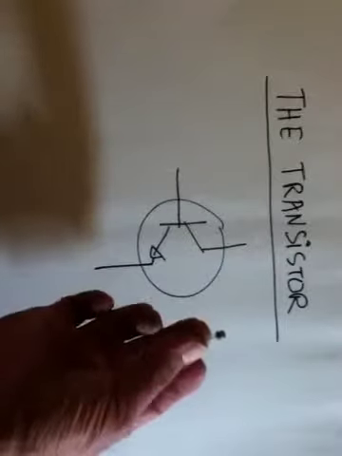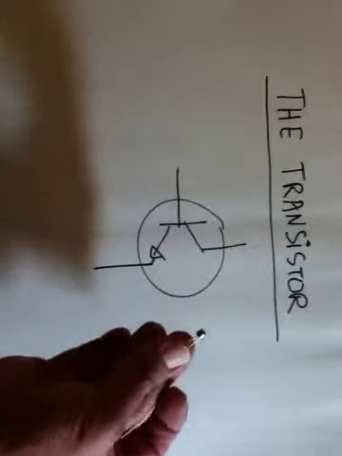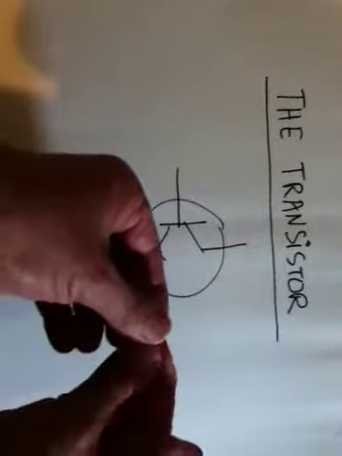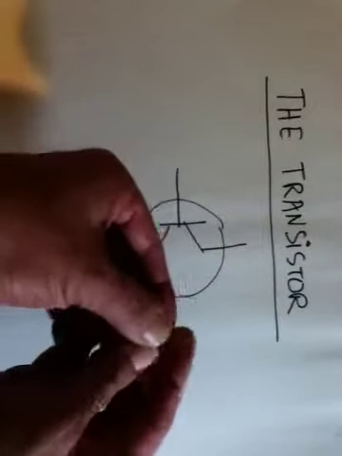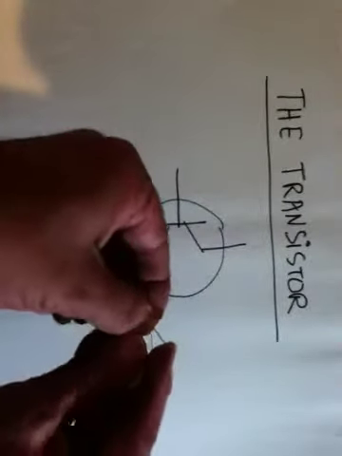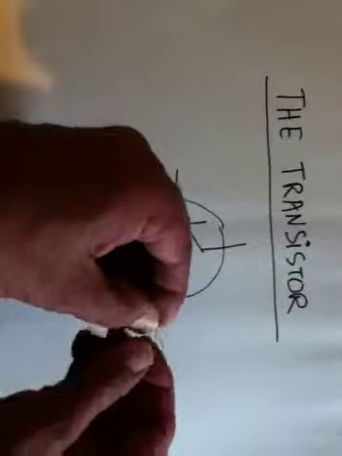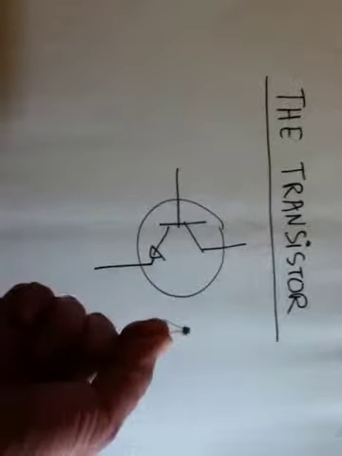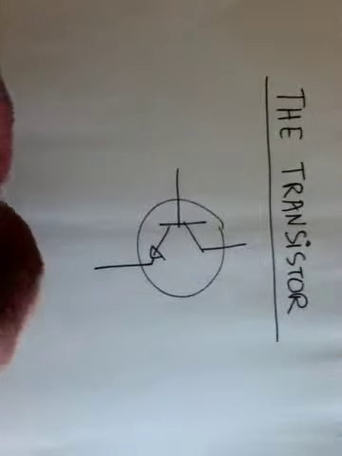Must be 20 or 30 years old now. The transistor is called a semiconductor device, one of the most useful devices. It's got 3 legs here, and you can't see what's inside because it's tiny, but the